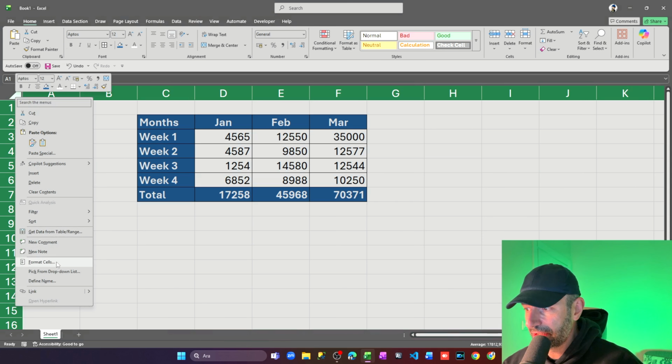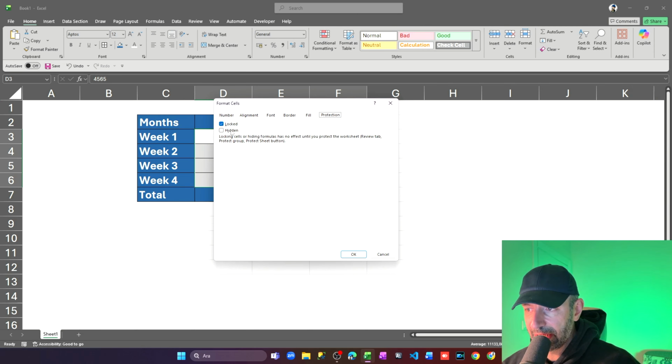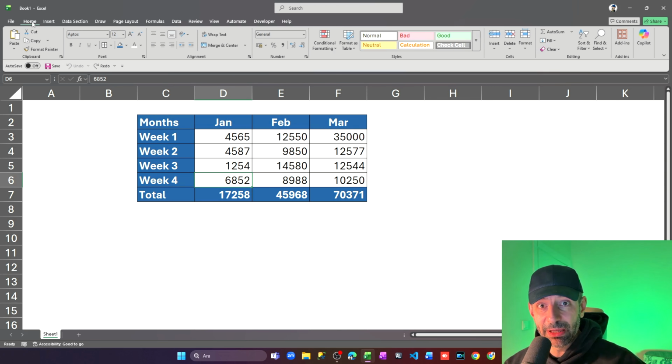We click OK, and after that we click inside our table's data, the cells that we want to be editable. That means those cells will be unlocked and we will be able to edit them. We select those and click right, and from here we select Format Cells. From the opening window, once again we come to the Protection tab, and as you can see here, the Locked checkbox is checked. We uncheck this, click OK, and after that from the above section we